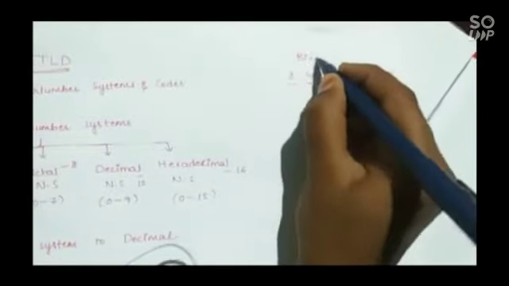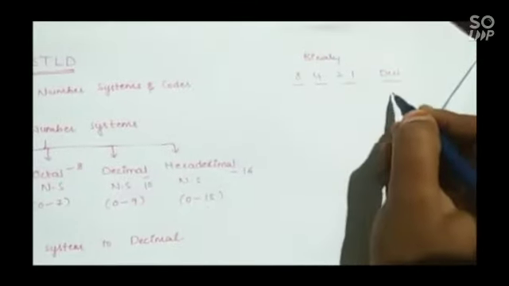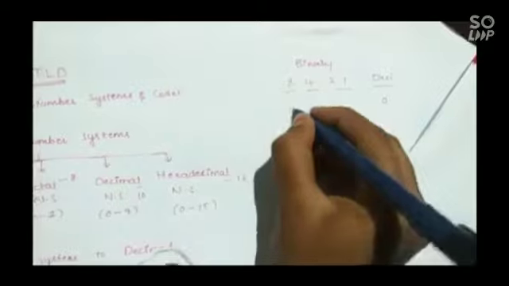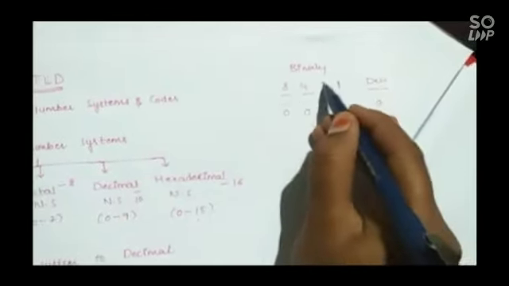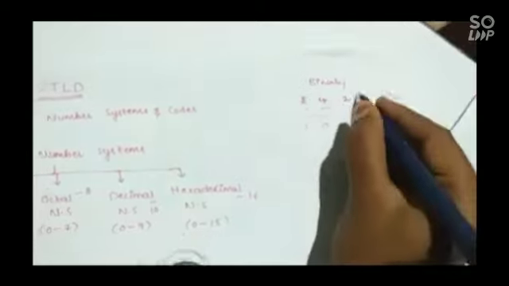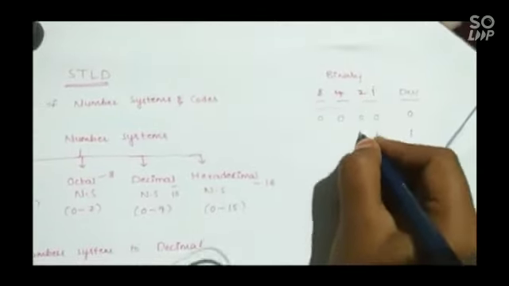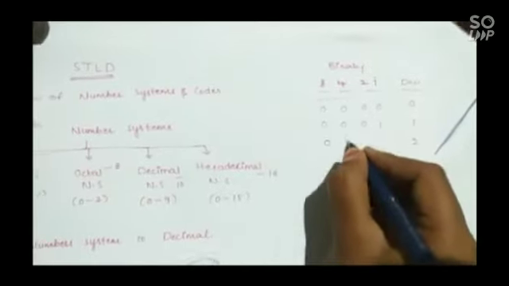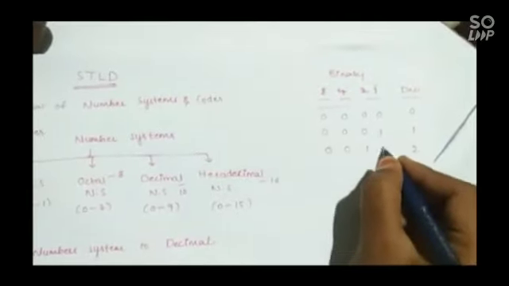8421. Here we see binary and decimal. Decimal 0 we will represent as 0000. Why? Because we have 1, 2, 4, 8, and there is no 0 in this 8421 code. Decimal 1 we will represent as 0001, since 1 appears. Next, decimal 2 we will represent as 0010, since 2 appears.